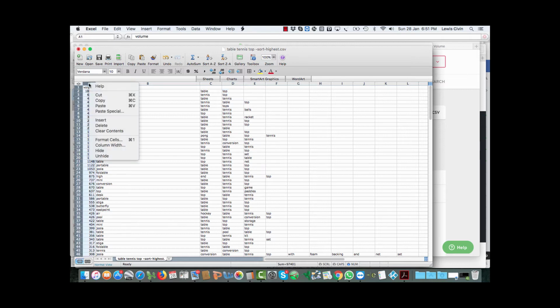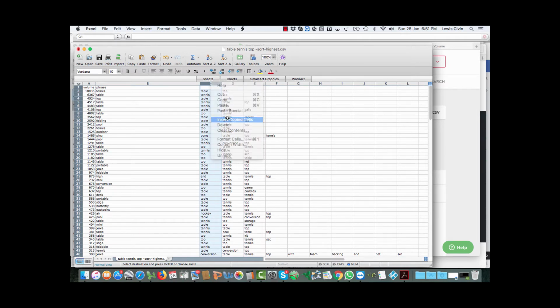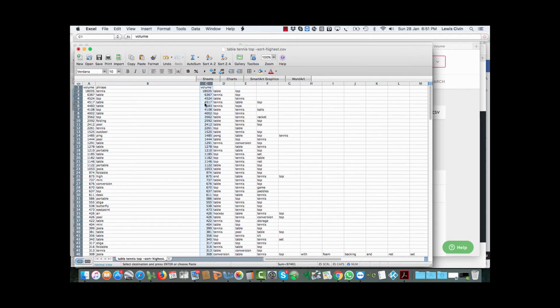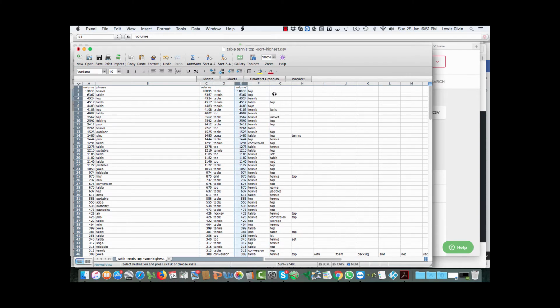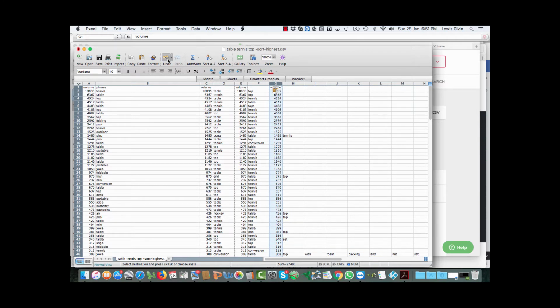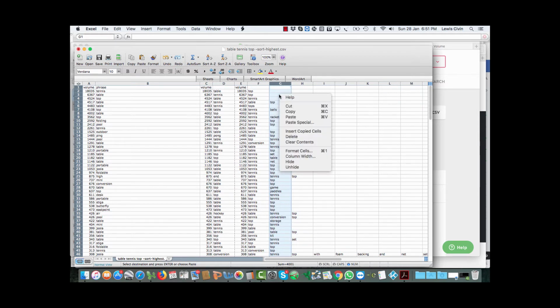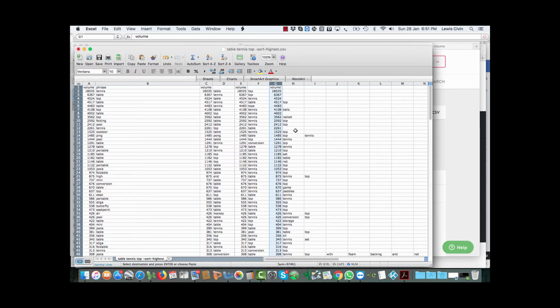So I copy that number because it's linked to tennis, and I insert and put it there. Copy again, and insert and put it there. Copy again, insert and paste it there. Undo. Insert copied cells, and again